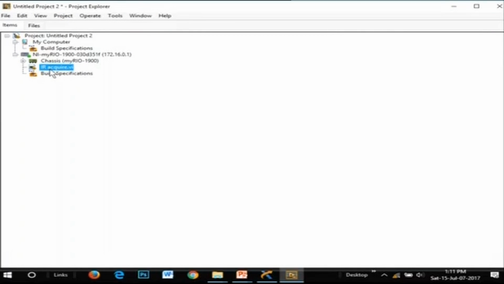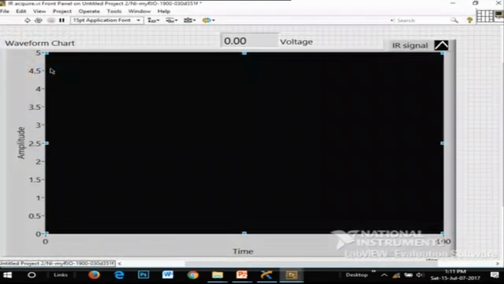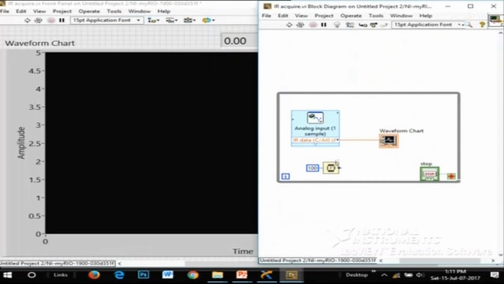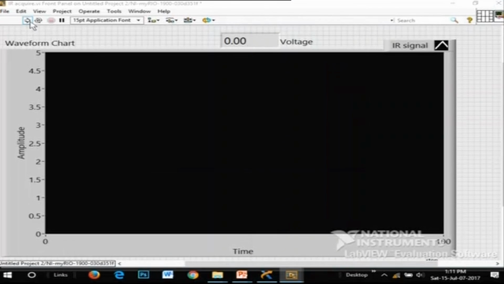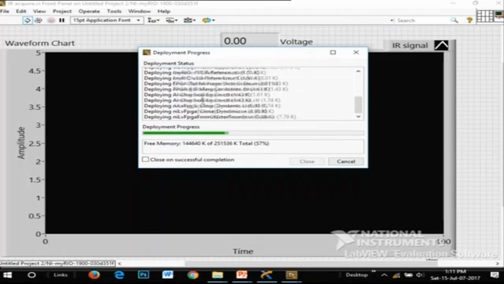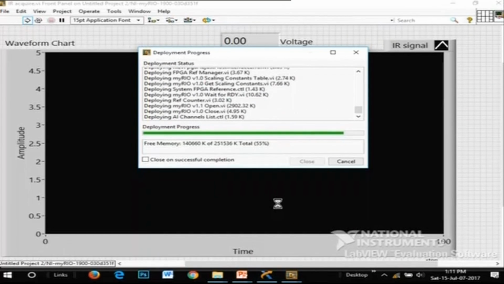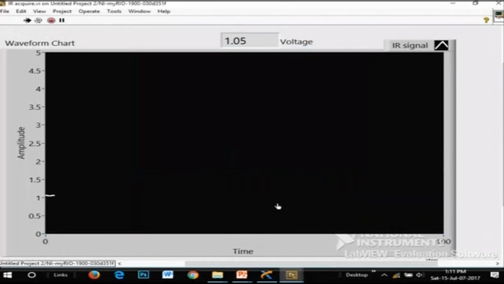Double click on this. Okay, so I'll run this code. Same code. You can design new code if you really want. Do the same connection for your IR sensor, how I did it. But previous time, how was it communicating? Through USB. This time it will be communicating through Wi-Fi. Good. So I'll save this. I'll close it. It is acquiring.